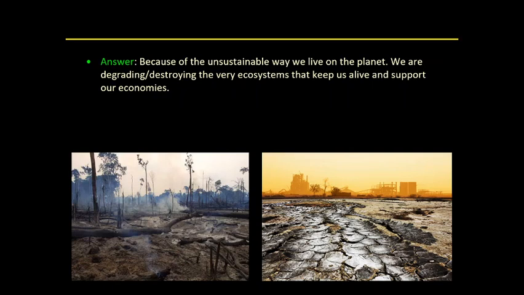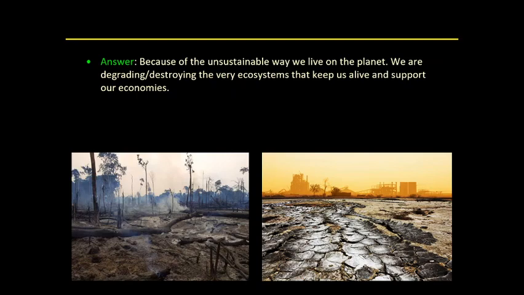Even though many of us live in houses and apartments and dorms and things like that, it doesn't feel like we're connected to nature. That's because other people are doing that work for us, harvesting resources from nature and bringing them to us that we buy. So that's how our economy is working. So that's the problem with our unsustainable use of these resources, and this is driven in part by population growth,